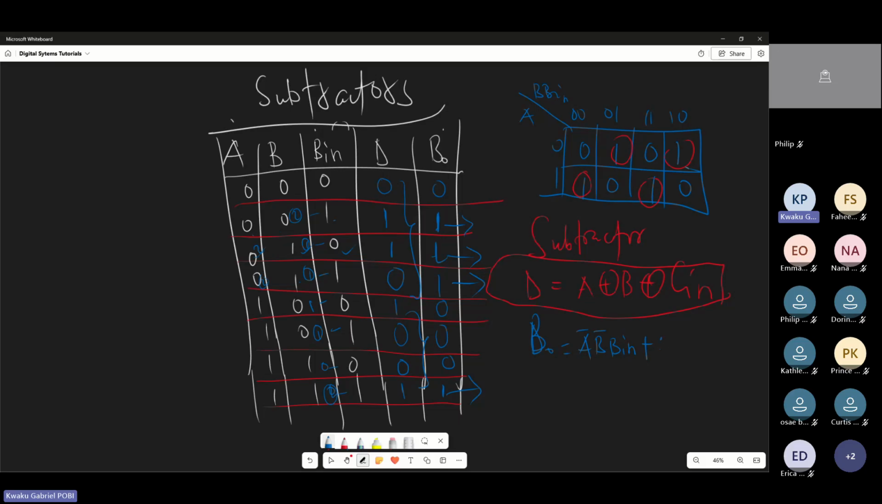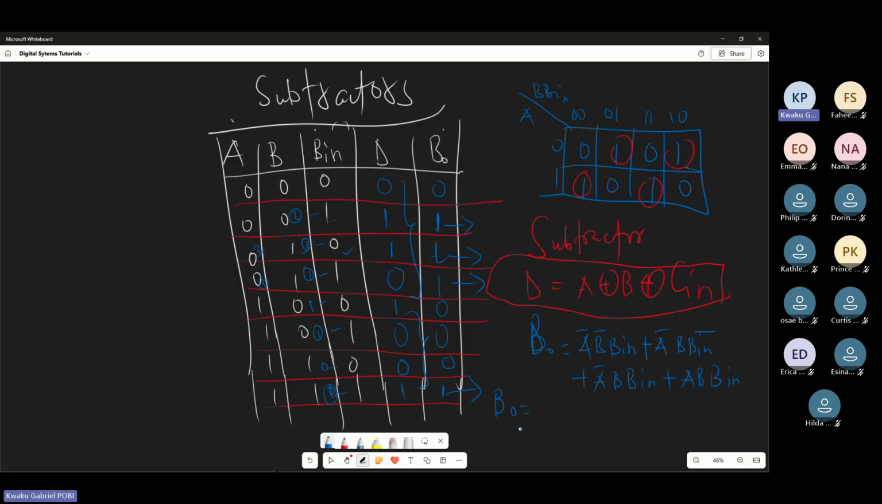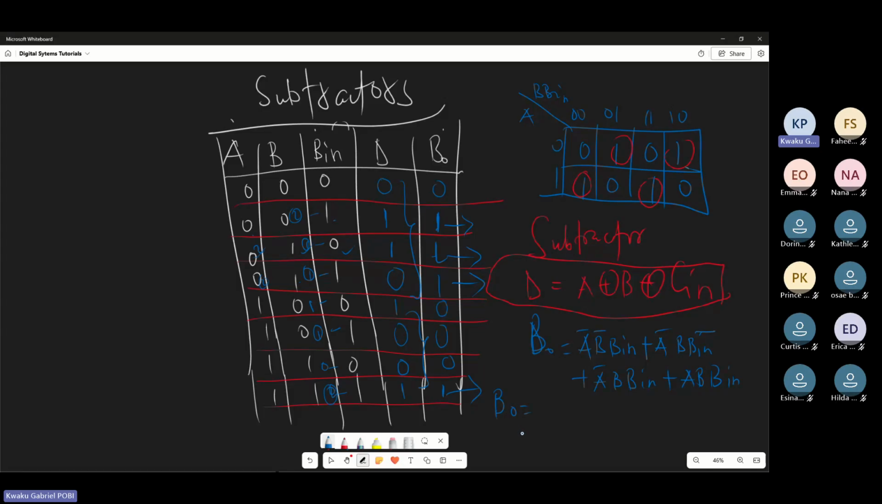So 0, 1, 0 is A bar, B in also bar, right? Then the next one is 0, 1, 1. 0, 1, 1 is A bar, B, and then B in. Or the last one is all of them being high. So that one is A, B, and then B in like this. Now, if I want to minimize this, when you check the first expression